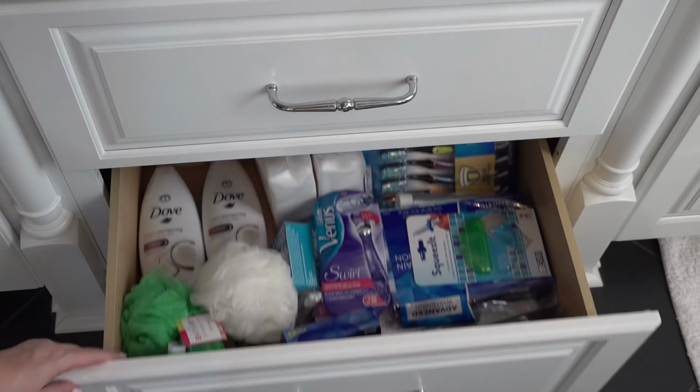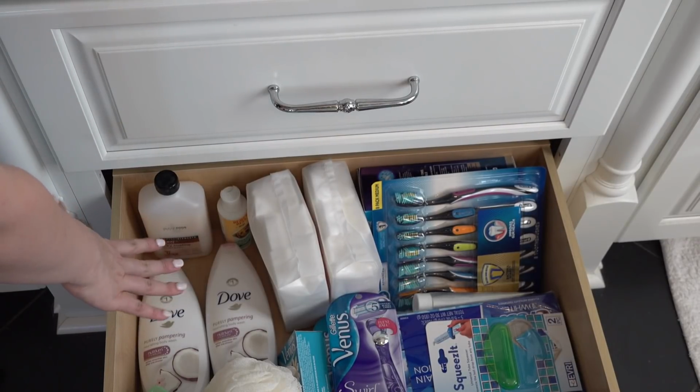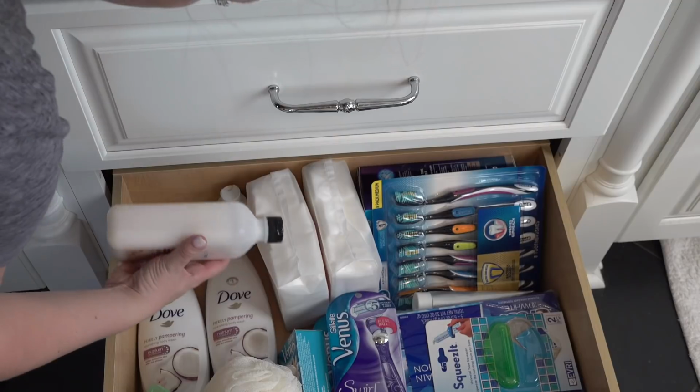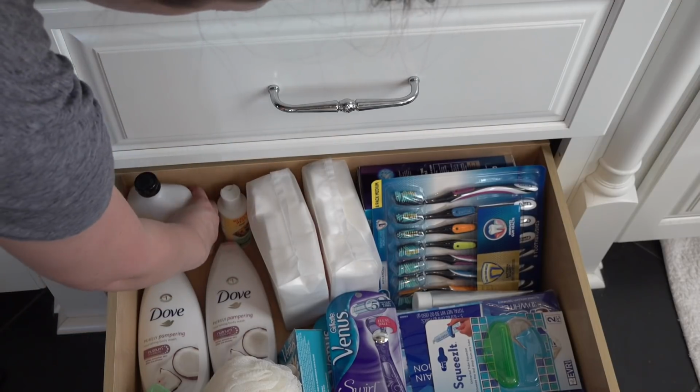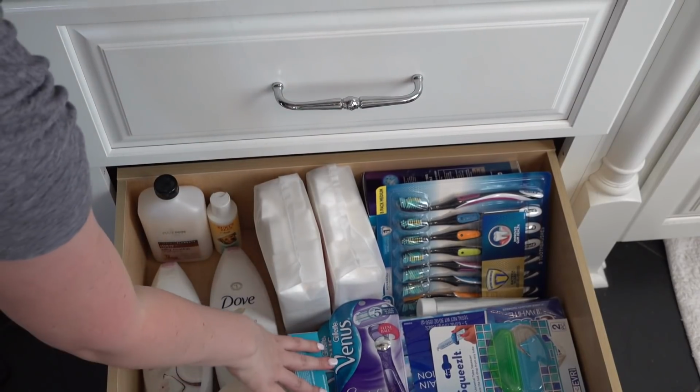Down in this drawer, I've got all of our backups. I have these body washes that, like I said, I didn't even know I had. I have actually the stuff one of you guys sent for Pinocchio we use when we bathe him. So doggy stuff, because we bathe him in our shower. Extra loofahs, extra